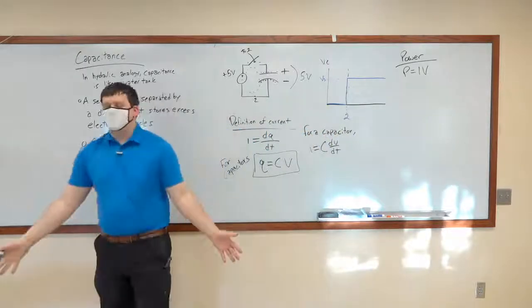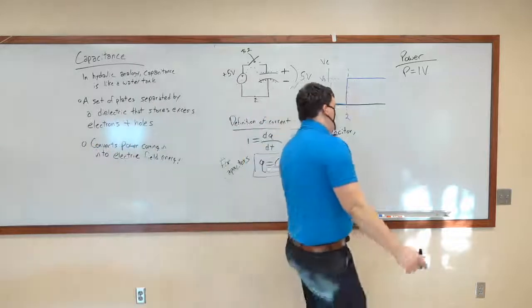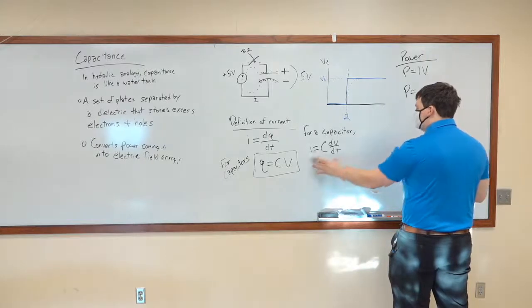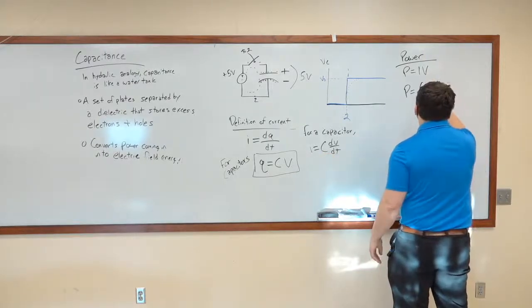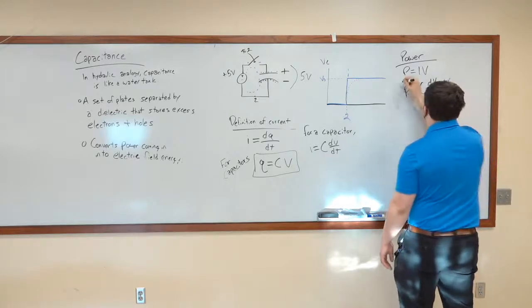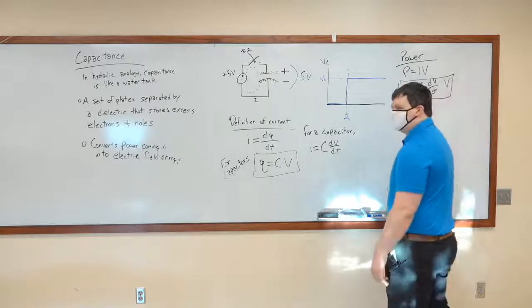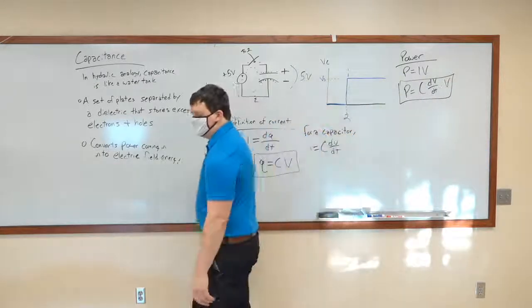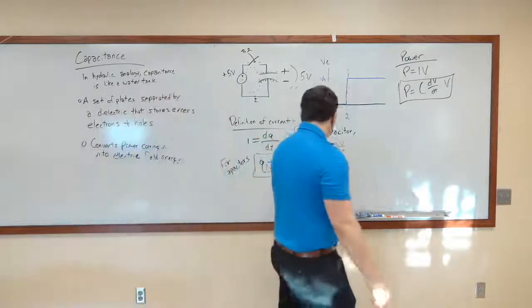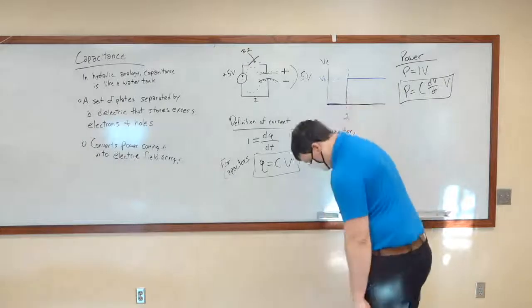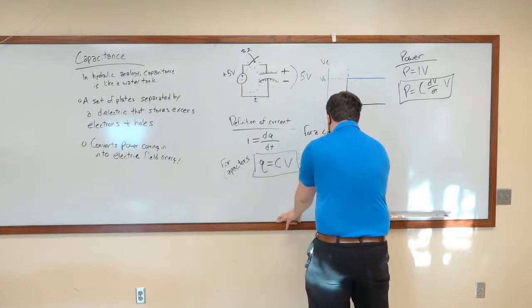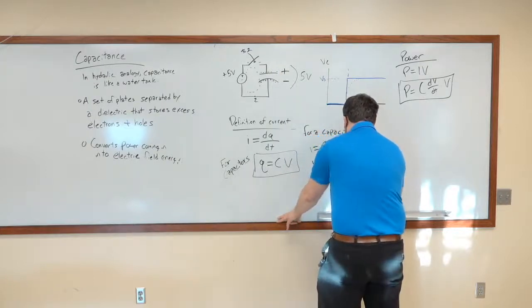If we were to write out the equation for a capacitor, power is equal to the relationship between current and voltage, which is C dV/dt. So power is equal to C dV/dt times V. Look at that horribly ugly relationship. Or you can go with the alternative, if you rearrange this: V is equal to 1 over C integral of I dt.